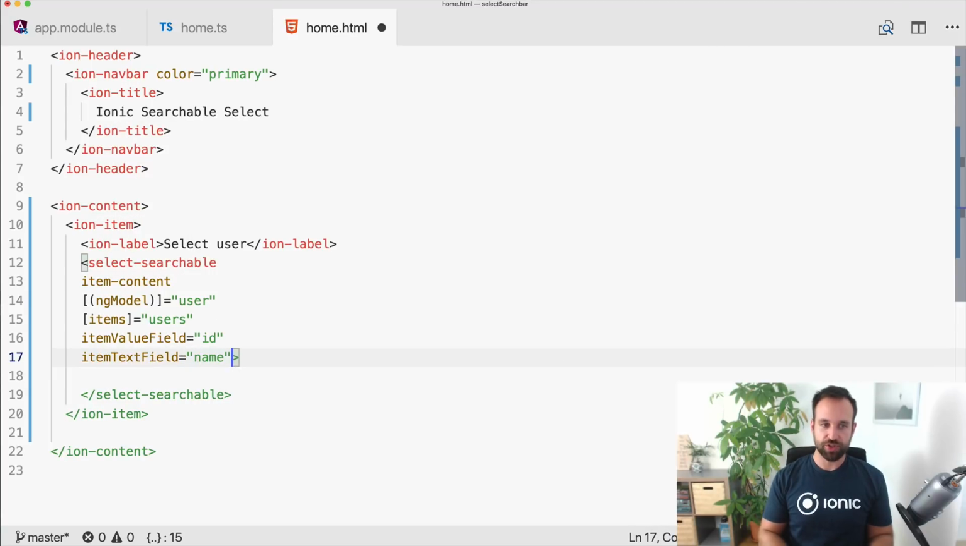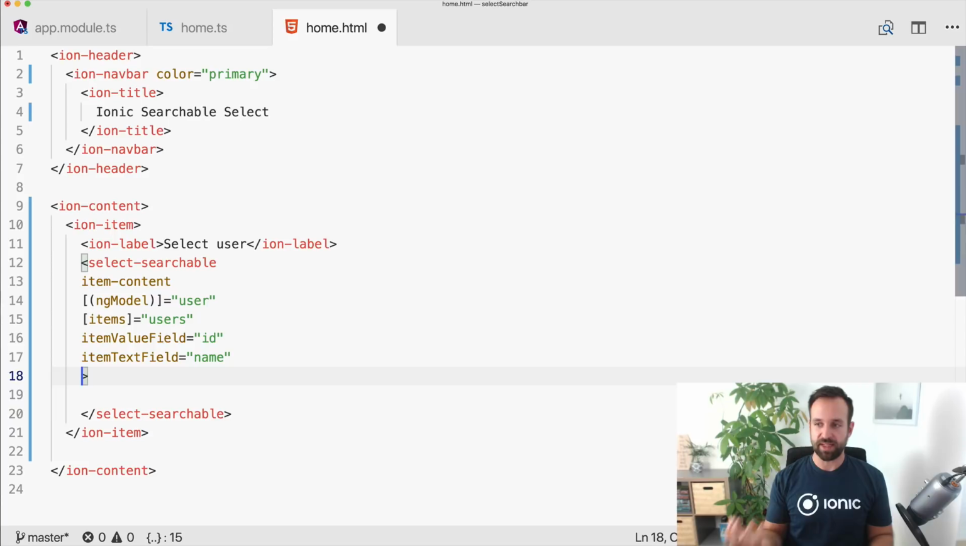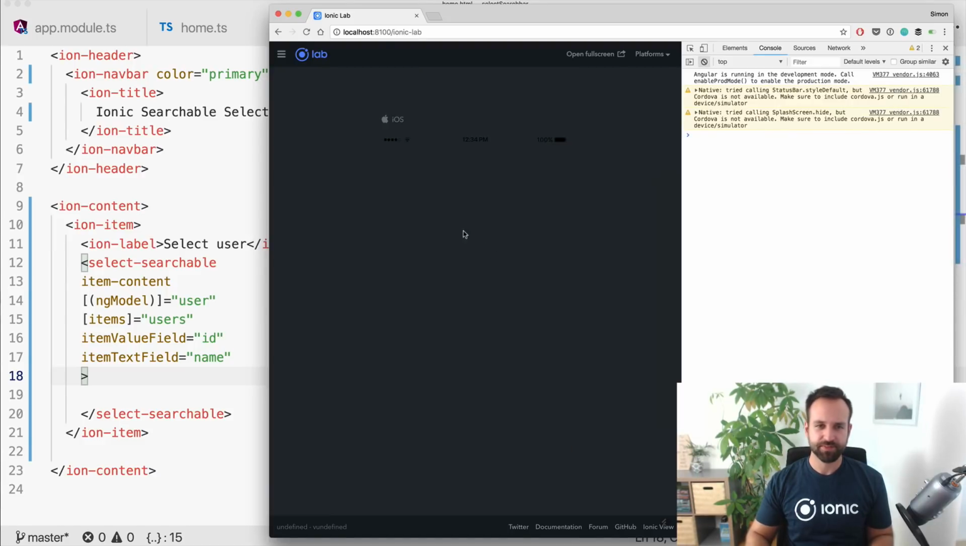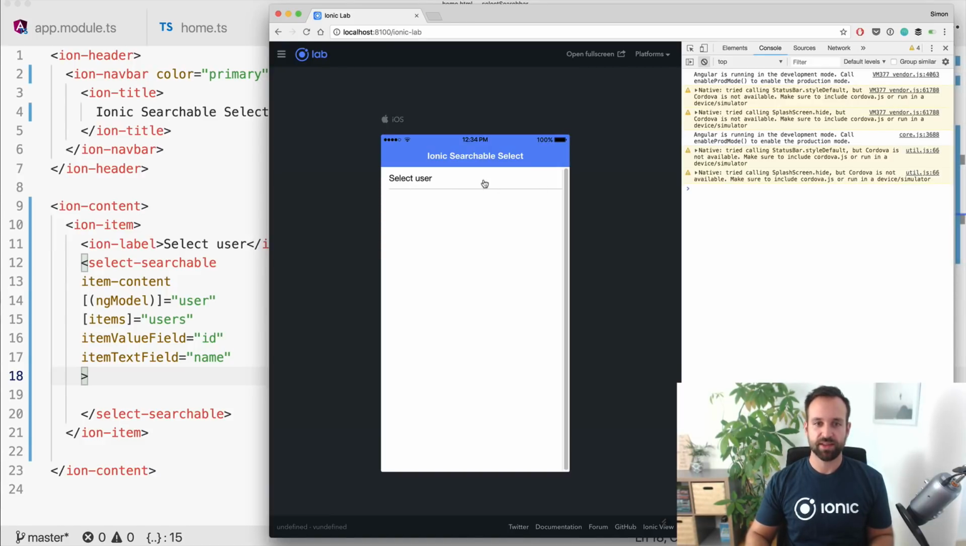So what should be displayed for the item inside the list. And perhaps let's keep it like this for now. Let's see. So we got the select component just like you're used to from Ionic. You can see we got the 3 users, and I can select one and it immediately closes. We got a cancel button, but we don't have a search bar yet, and our function is also not calling